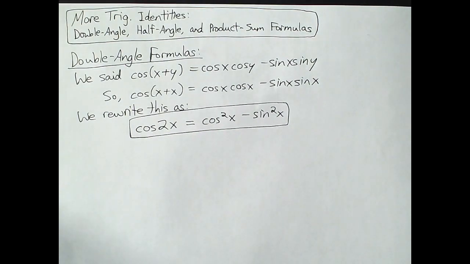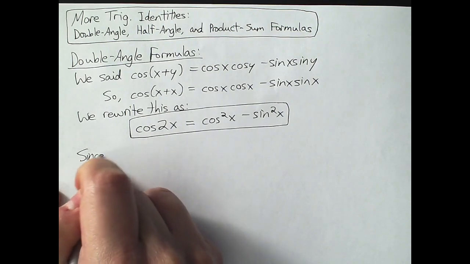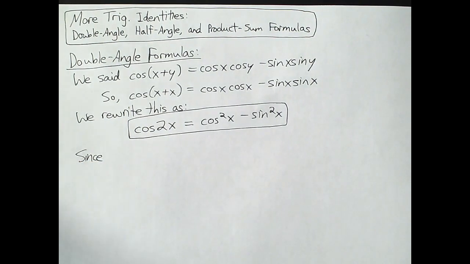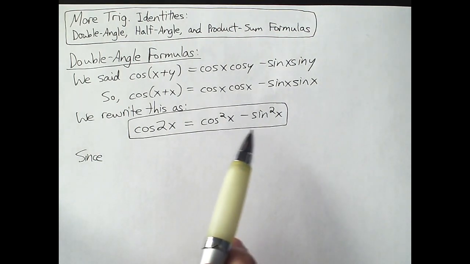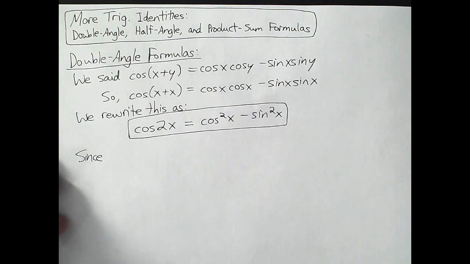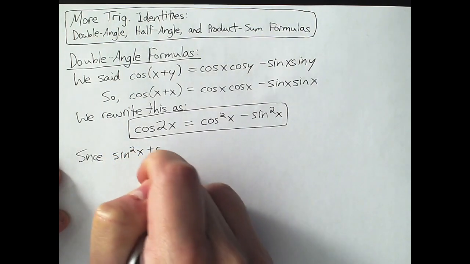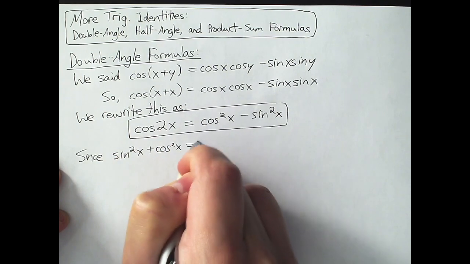See how quickly we derived that? We derived it very simply because it just comes from one of the addition formulas. I also want to point out that you might be looking at this and saying, wait, there's a sine squared and a cosine squared. Don't we have a fundamental identity involving those two? Well, if this were a plus sign, sine squared plus cosine squared equals something, right? So I'm going to say since sine squared x plus cosine squared x equals 1,